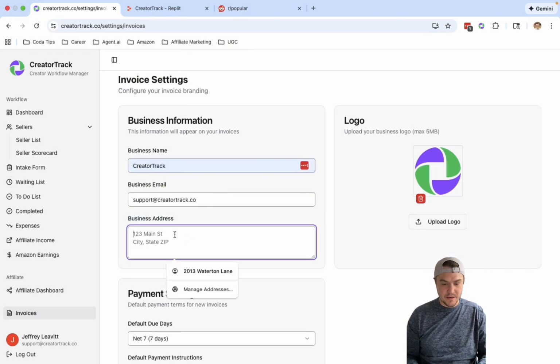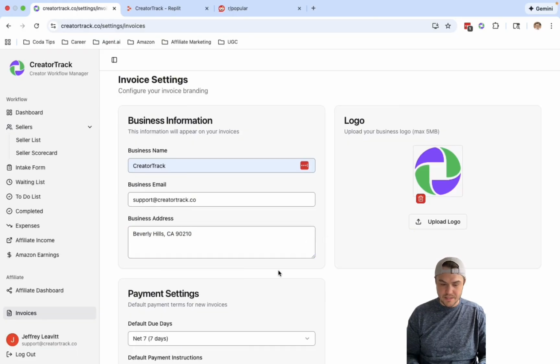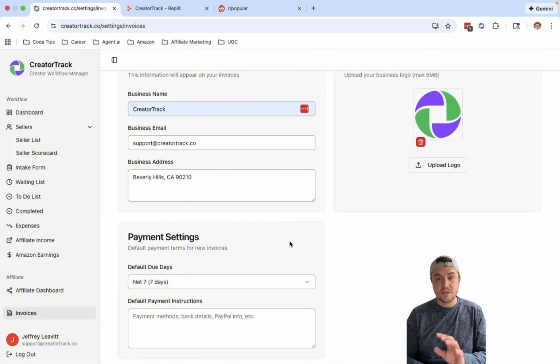And there's my business email. And then let's just put this as Beverly Hills, CA. What's 90210? Is that what it is? 90210. Oh, okay. Let's say I put that as my address. Now, whatever you put here, it should persist through every single invoice going forward. You can come back and change it as you'd like, or you can change it on a per individual invoice